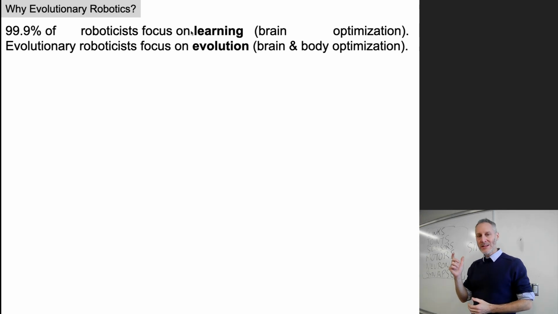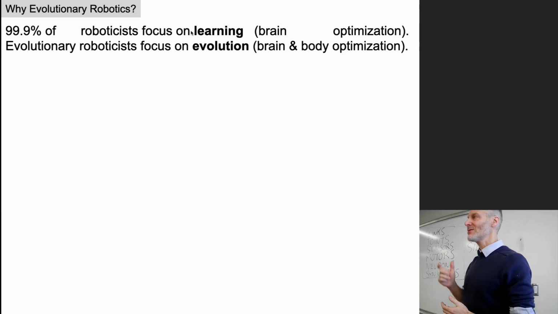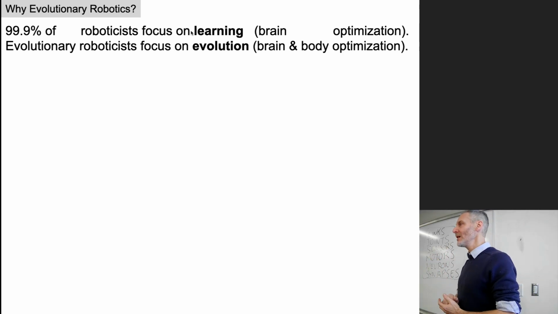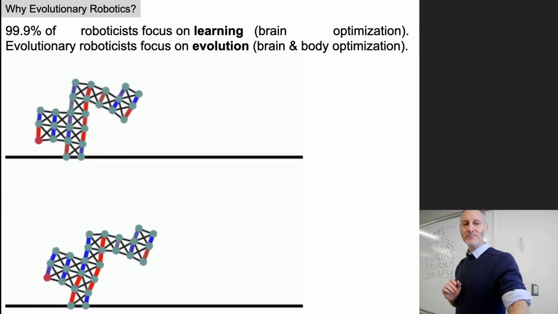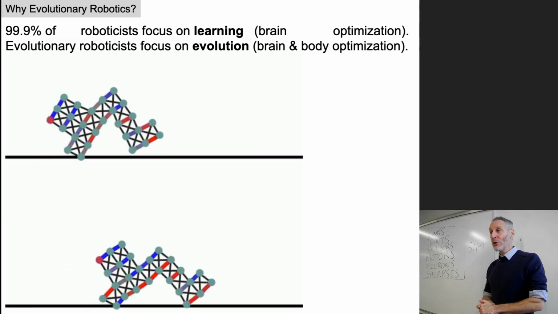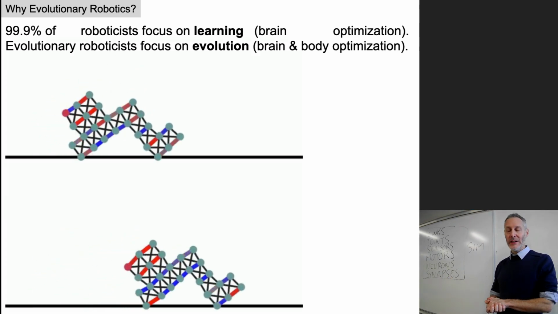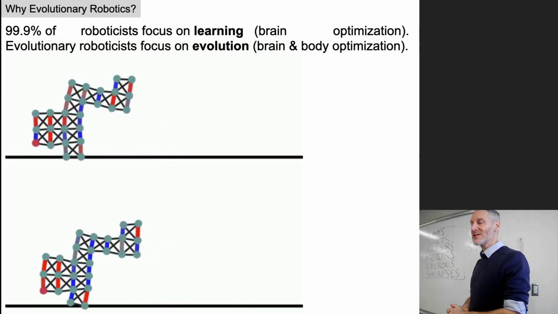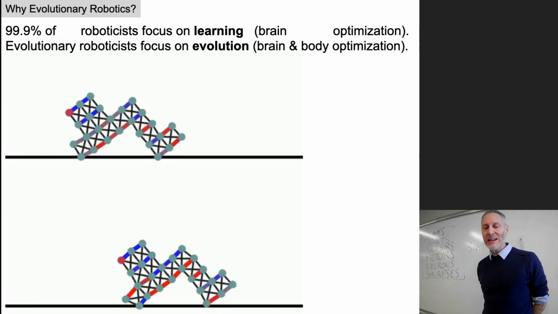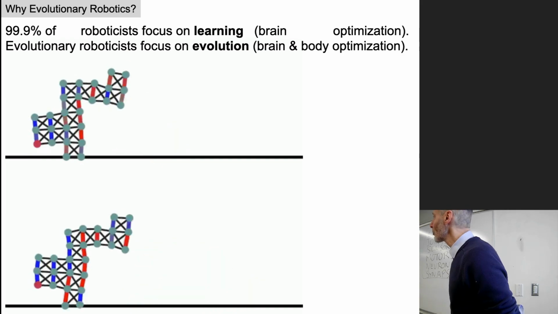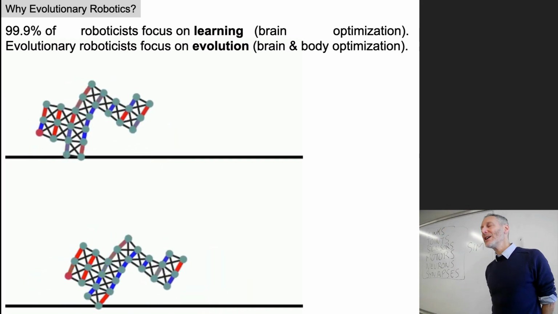So I want you to pay attention in the first few weeks to this difference between learning and evolution. Here's my best attempt to illustrate why this second approach, focusing on evolution and not just learning, might be beneficial. For those of you that are going to tackle the differentiable physics and gradient descent method, you're going to do something like this. This little GIF here is showing you a robot that was designed not by a human engineer,